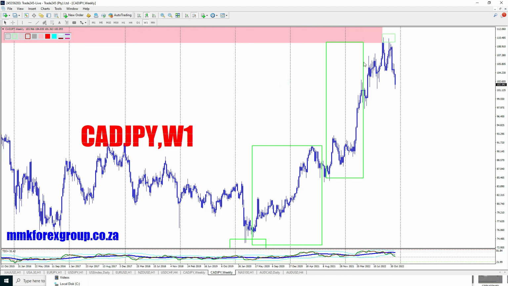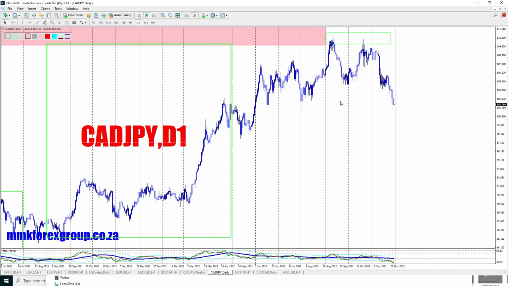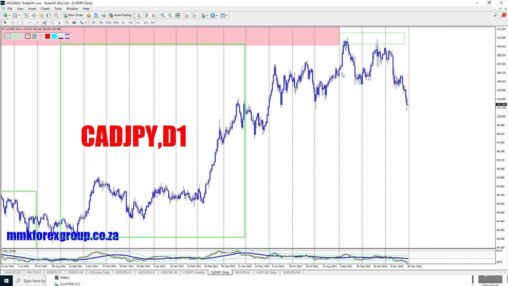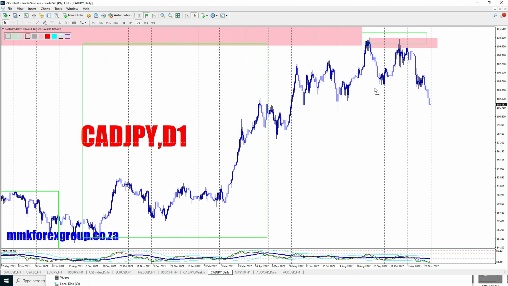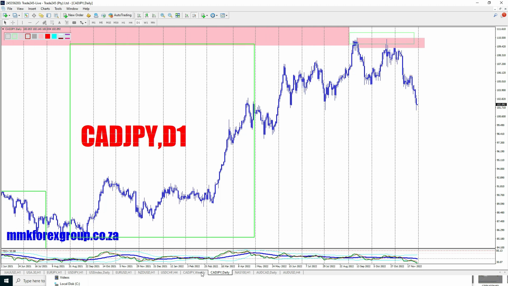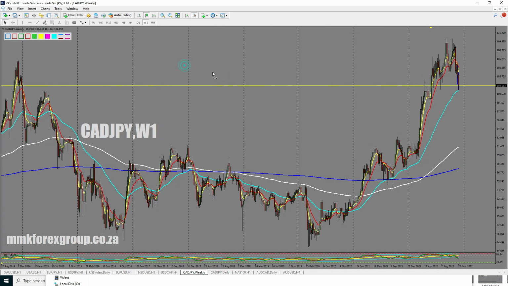So in the weekly, we can identify that we've got a peak formation. All right, there we go. We had a nice reversal type, rally, base, drop, right? So this was our supply zone, right? So price was coming back to this area for the first time, right? And as you can see, if you look at the trap zones,